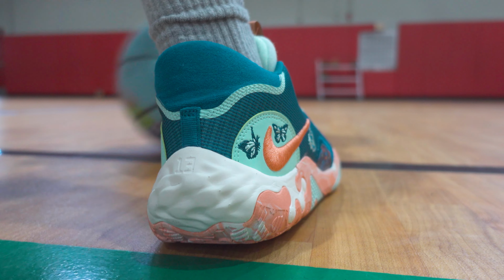But honestly, I think these came out really nice. Nike did put a little bit more into this year's model, just as far as the appearance goes. I think a lot of that trickled down into the materials that were used on this design as well. And then looking at the support, one thing that was lost on these is a pretty noticeable